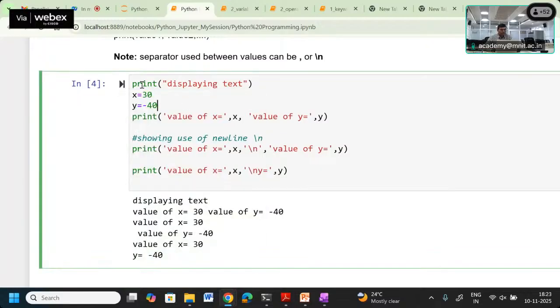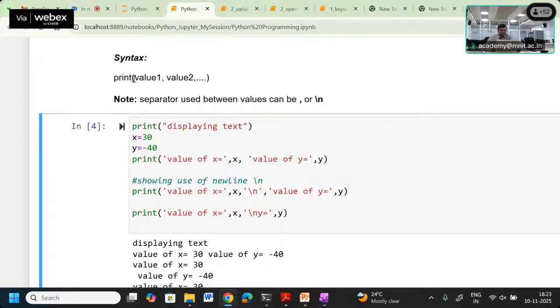So let us take this example, print display text, right? Remember the syntax that after the print, it will consist of different values in a bracket. If it is a string, that needs to be either in single quotes or double quotes. So, print display text. Create one variable x as 30, y variable as minus 40, which is of type integer. Now we are displaying the value of x by typing print, in the single quote 'value of x', close the quote, comma x, comma 'value of y',